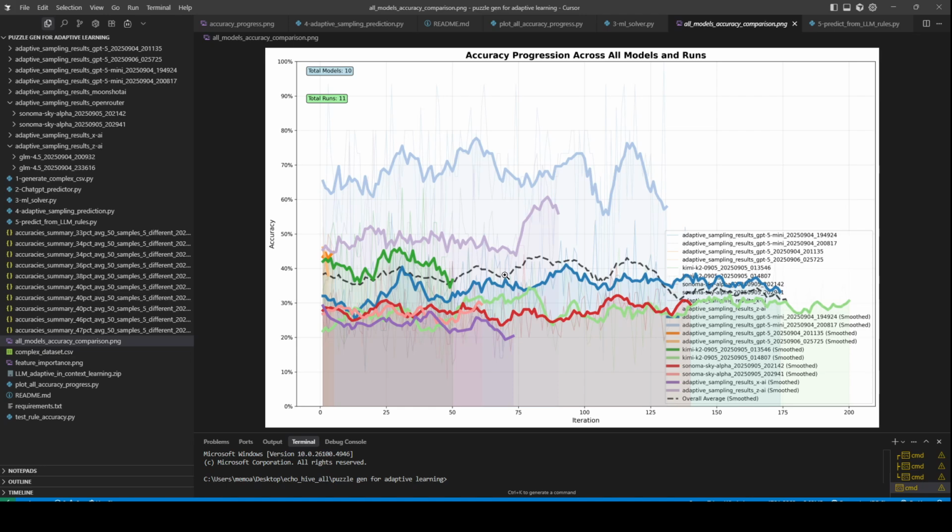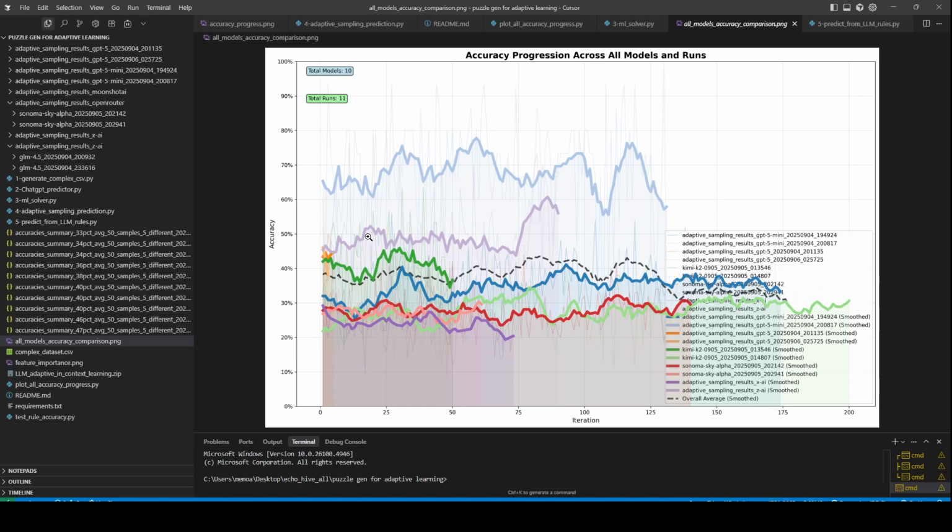Essentially, it's flat. Sometimes it feels like it's going up a little bit, but at the end it actually collapses a little bit. And if you look, we are just around 40%. Now, if somebody were to choose randomly, we would be at 25% because we have four choices. So the models actually learn something about this problem, but the purpose of my experimentation with this is